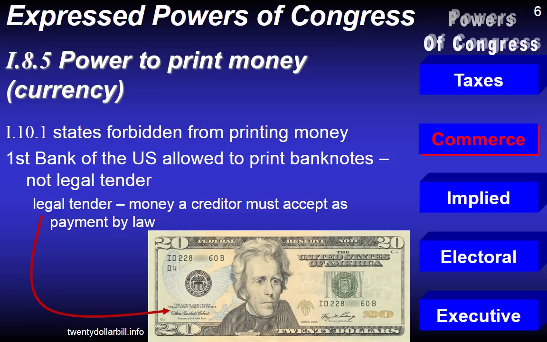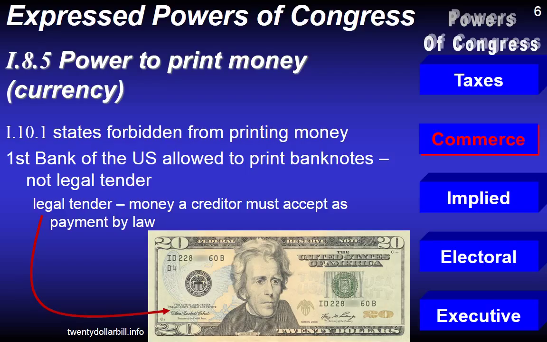They don't have to. However, if something is designated legal tender, that means that the creditor must take the payment by law. If they refuse it, then technically the person who's purchasing doesn't have to pay them for the item. And so the government enforcement of legal tender is an important idea of the difference between banknotes and the money that you have in your pocket right now. That is a Federal Reserve note, a banknote, but it's also designated legal tender. If you pull out any of your cash from the United States, you're going to see that little statement there that says that this note is legal tender.